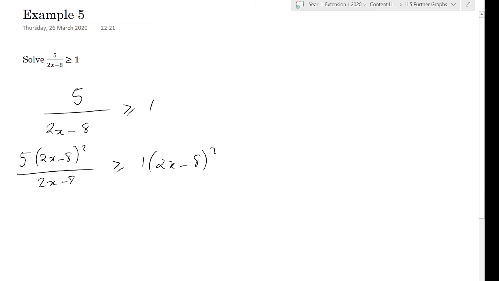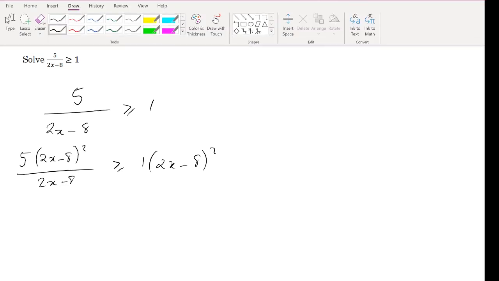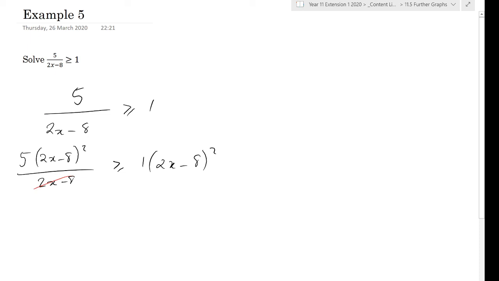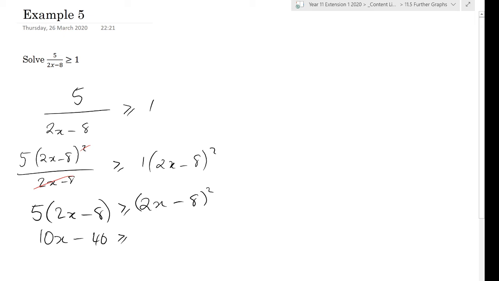Okay, simplifying it out. Let me get a different color. Red. This guy's going to cancel with that one there. Okay, and now I can simplify this as 5 lots of 2x minus 8 is greater than or equal to 1 lot of 2x minus 8 all squared. Okay, because 1 times 8 is just that. Now, we're going to expand this out to get 10x minus 40 is greater than or equal to, so